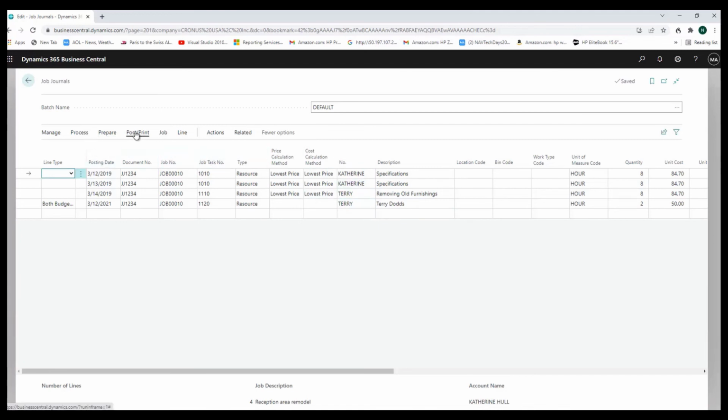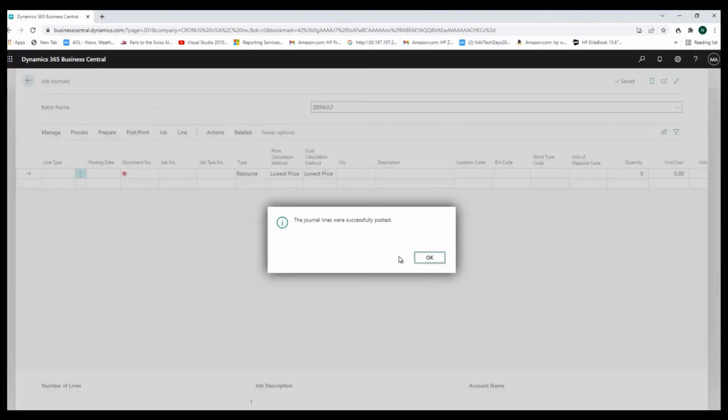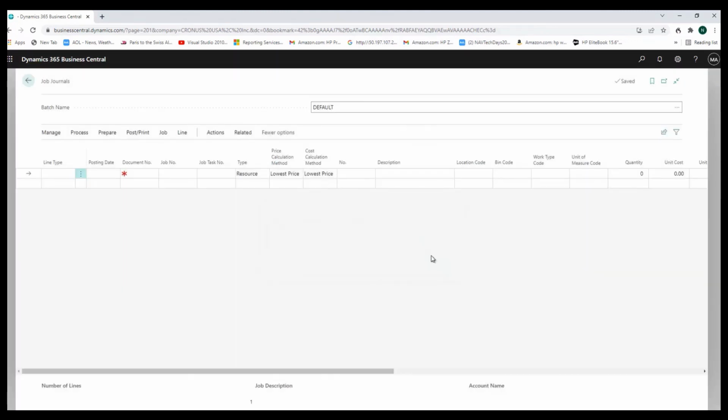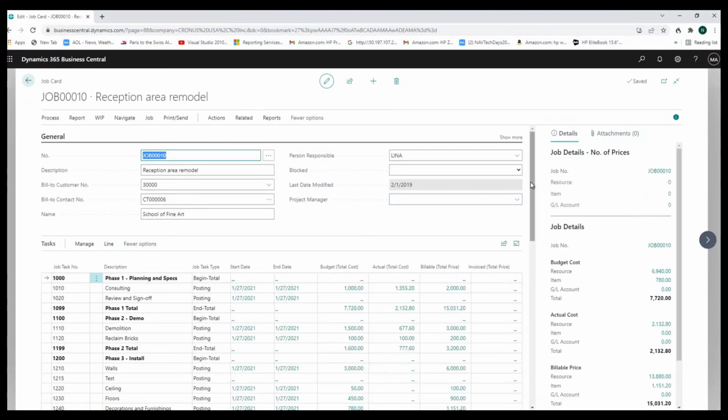So I'm simply going to go to posting, and post. The journal lines were posted successfully. So if we exit the job journal and go back to our job, we can see that we now have some actual cost recorded here,